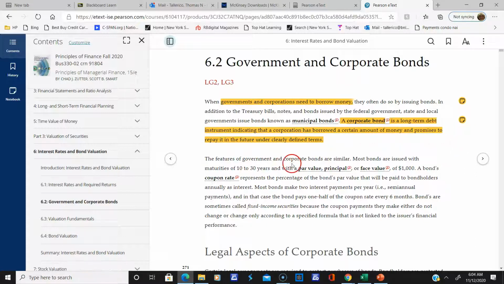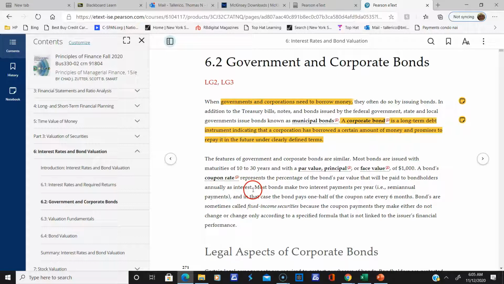Okay, now normally when you get a government or corporate bond, they issue it as new issues at a par value, typically $1,000. You'll see it written as par, principal, or face value, but it all pretty much means the same thing, $1,000. All right, so they'll give you a set coupon which will never change for the life of the bond. In the contract, they're going to tell you what you're going to get every 6 months in a coupon, and that represents the percentage of the bond's par value that will be paid to bondholders